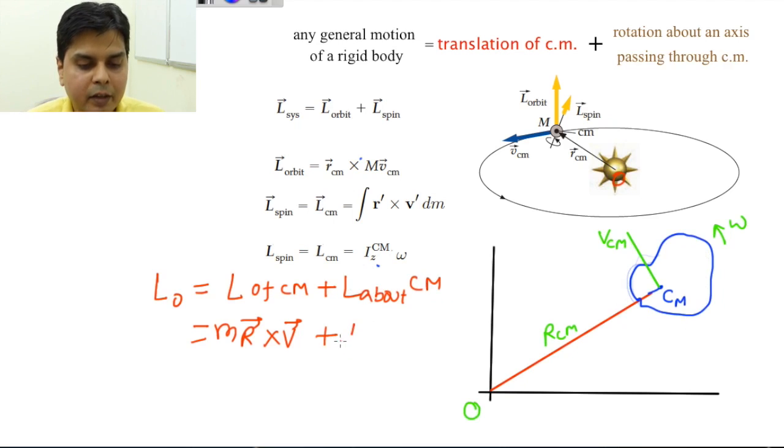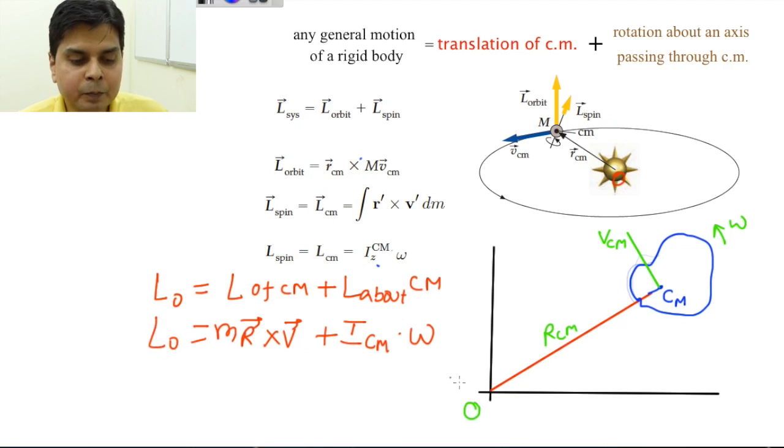So what will be that? That will be I about center of mass into omega. So you see, about any arbitrary origin O, if I have to find L, let's go in two steps. First step, reach the center of mass, so find R cross V, this is here. Second step, now that I have taken into consideration this R and V, so I can forget about this portion